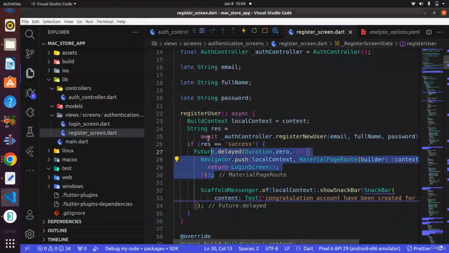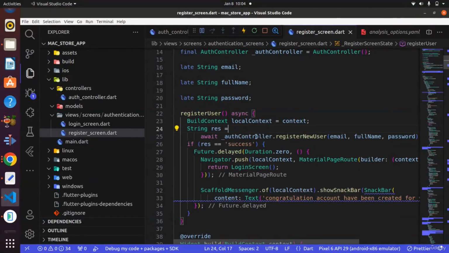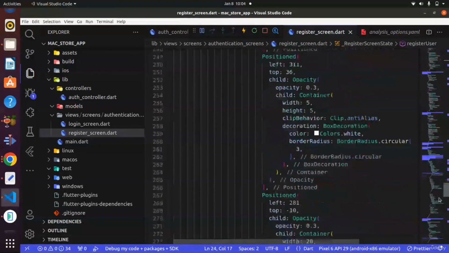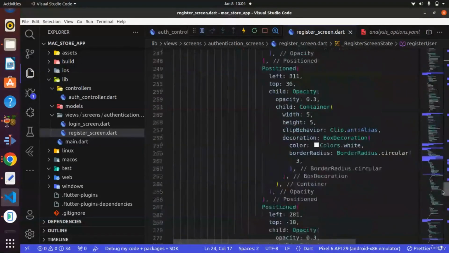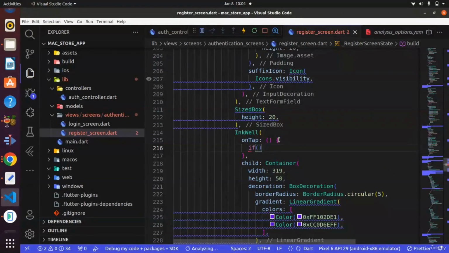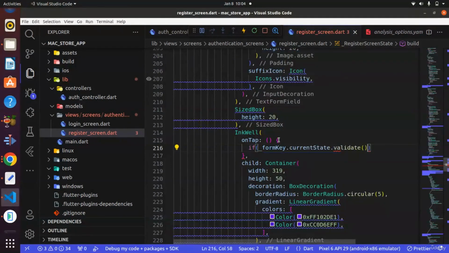I think we are yet to make use of this function. Before calling the register new user function, we can add a check first. Let's scroll down, where do we have the on top? On top of this, first we want to check if _formKey.currentState.validate()